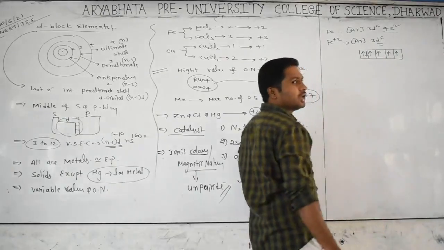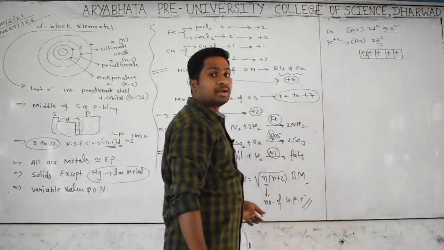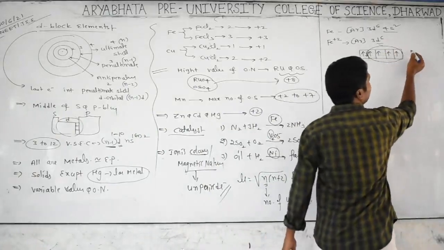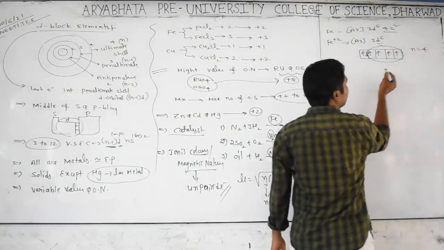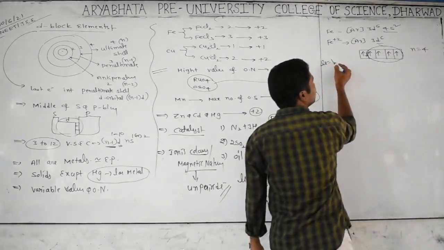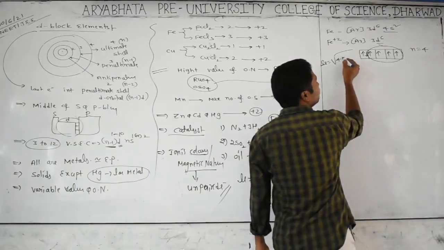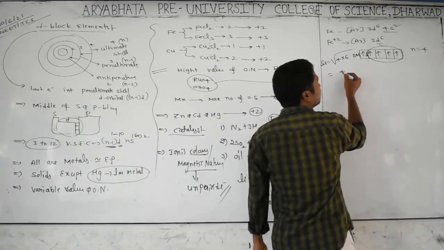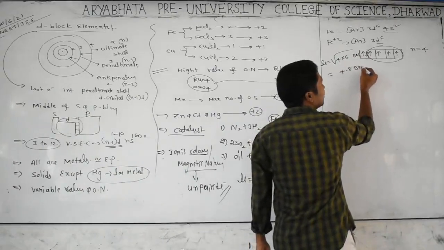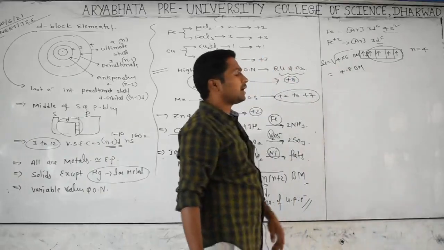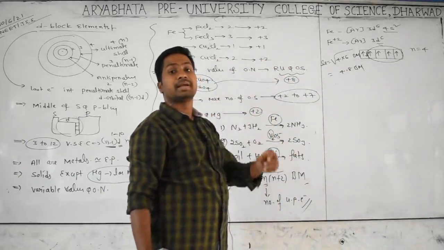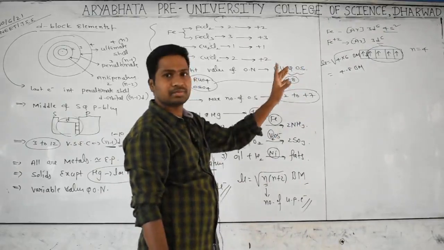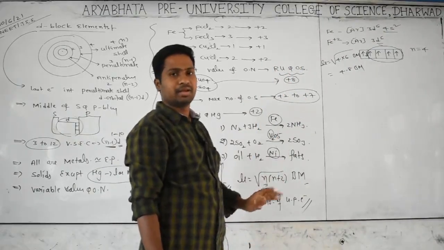Okay, all 6 electrons have to be considered? No, n represents the number of unpaired electrons. How many unpaired electrons do we have? 4 unpaired electrons. n is equal to 4, so the magnetic moment is equal to square root of 4 into (4 plus 2), that is square root of 24, around 4.9 BM. Yes, this definitely has color, because it is a light greenish color. So that we are also discussing. If unpaired electrons are there, it has color as well as magnetic character.